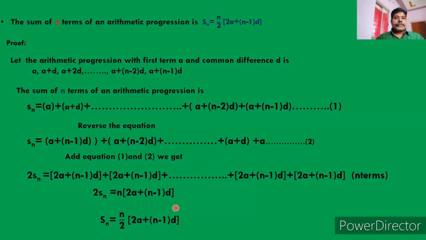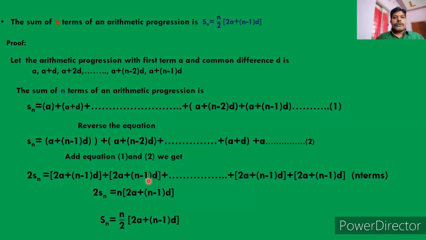Is everything understood, students? So practice that one. Take term by term, a plus d and a plus (n minus 1) into d, write it down and simplify. You will get this. Write it down on paper, then you can understand how to get this. Write on the paper, you can understand it.